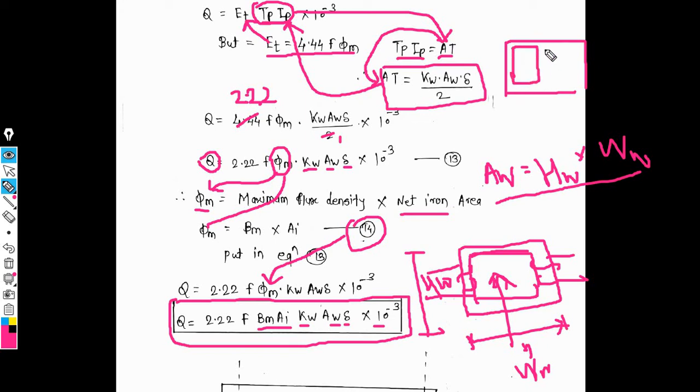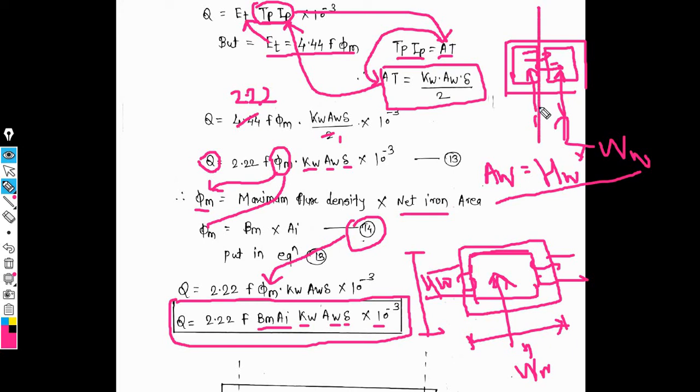This is the circuit diagram of the shell type transformer, in which this is the primary winding and this is the secondary winding, and this shell type transformer consists of two windows. This is the first window and this is the second window, but we have to consider one window, as in the single phase core type transformer. In shell type we consider one window because this is half section.